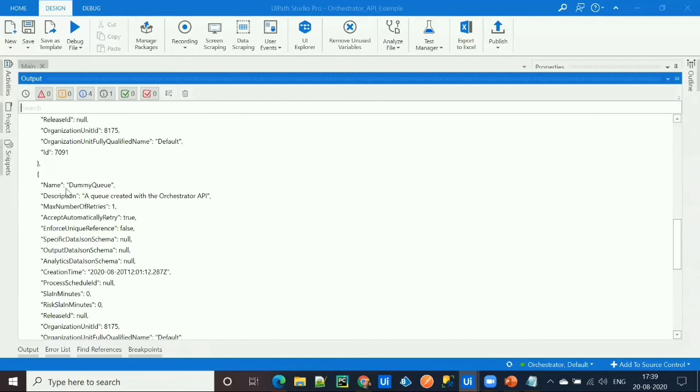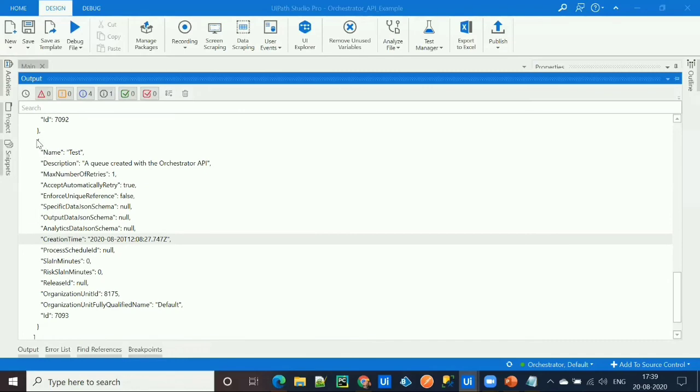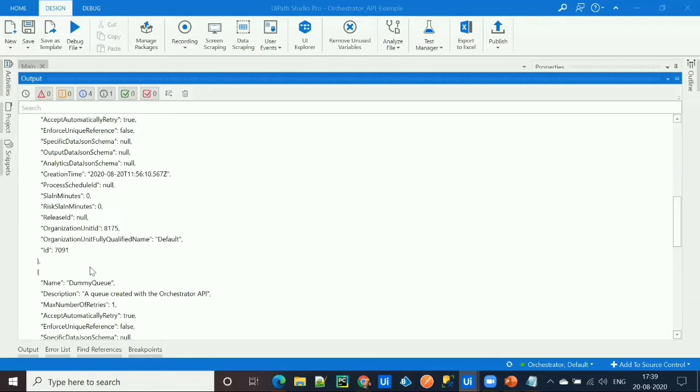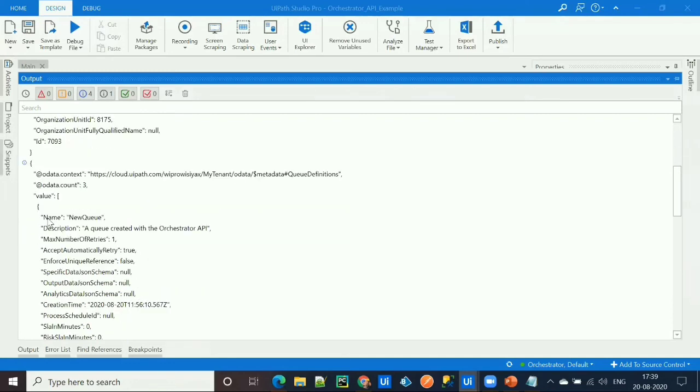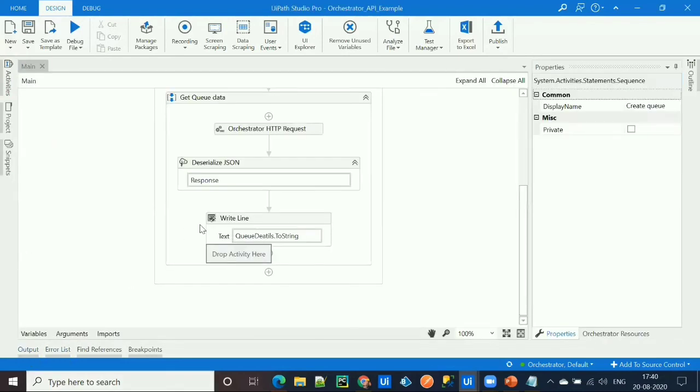So let's try to fetch the name of the queue out of it. If you can see here, we have multiple JSON objects enclosed within a JSON array, which is value. To access the name of the queue, first we need to access this value JSON array. To do that, we'll need a For Each loop.